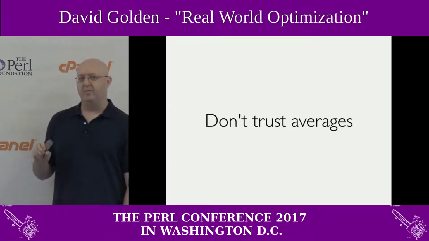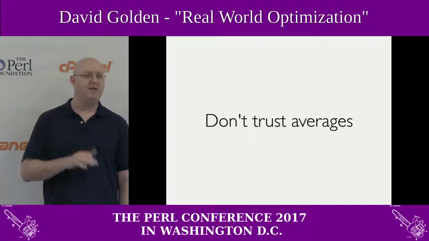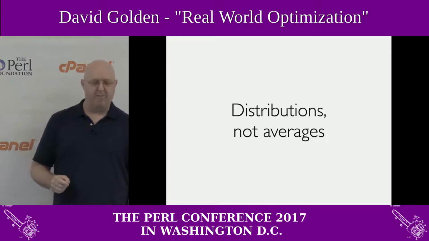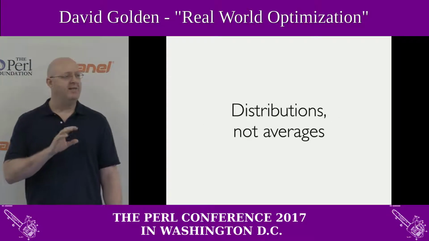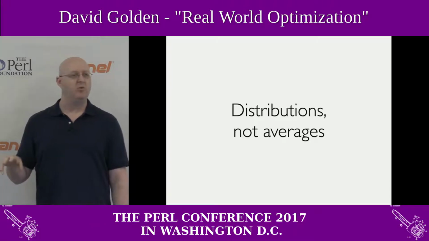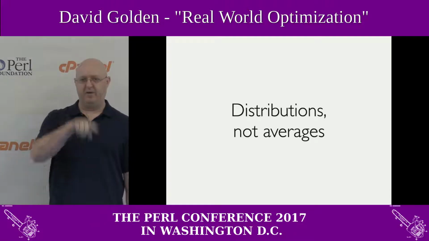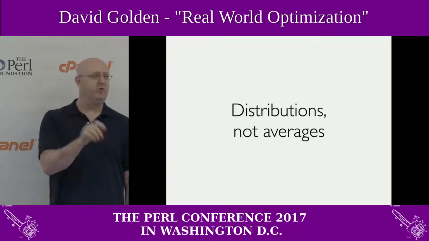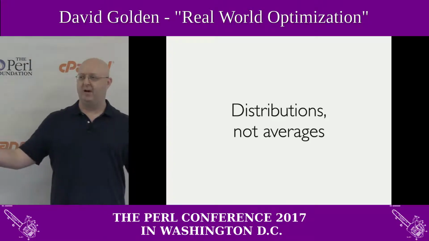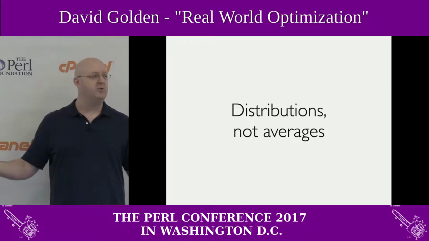The other big thing that I believe about benchmarking is that we shouldn't trust averages or even medians or any of the single point estimates of performance. I think what we really want is to be looking at distributions, not averages. The shape of the distribution turns out to be very important. You could have distributions with very tight bound around a metric, or you can have a very broad distribution around the metric, and you might care differently about the results based on the shape of the whole distribution, not just